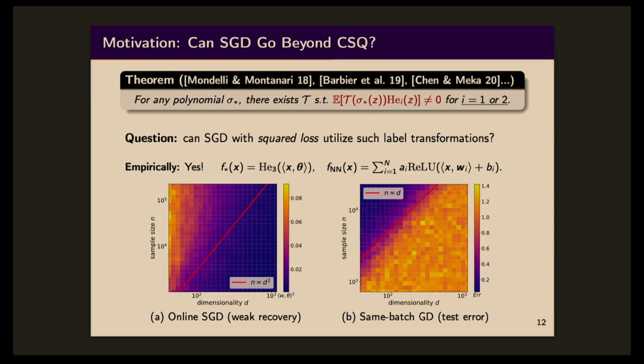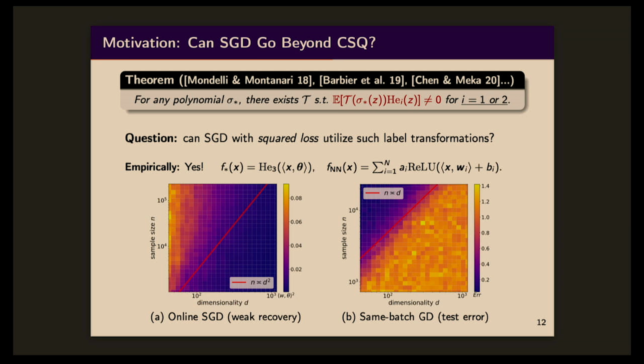Weak recovery means that you have a non-trivial overlap with the ground truth direction. But for the same batch gradient descent, you see that this scaling looks like n equals d. Perhaps there are some log factors, but essentially you can achieve small generalization error using just linear in d samples. Okay. So we cannot really analyze this same batch gradient descent as easily, because this requires some